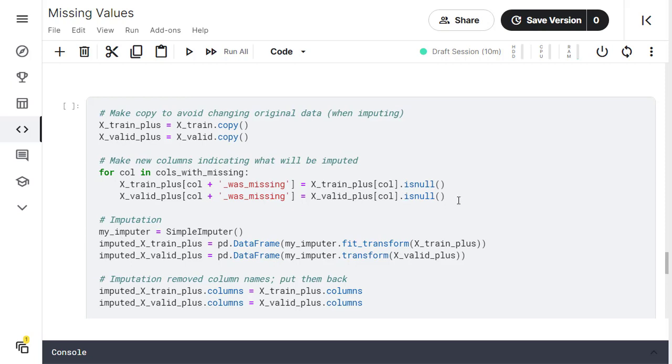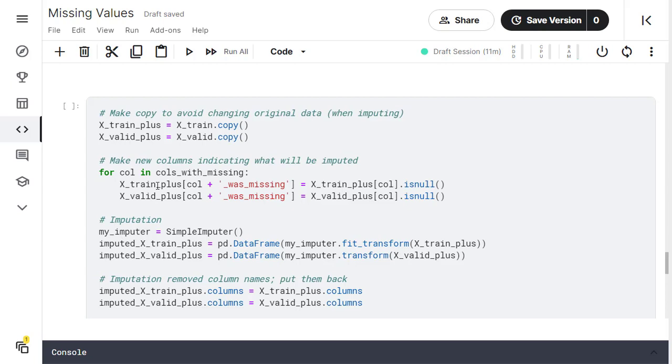Using the isNull function it will see whether the column value is true or false. If it is null then it will impute true. If it is not null, it will impute false. So we have created an additional column from columns which were missing values.